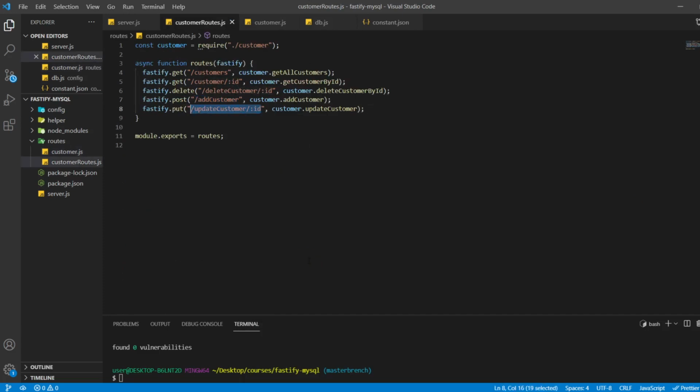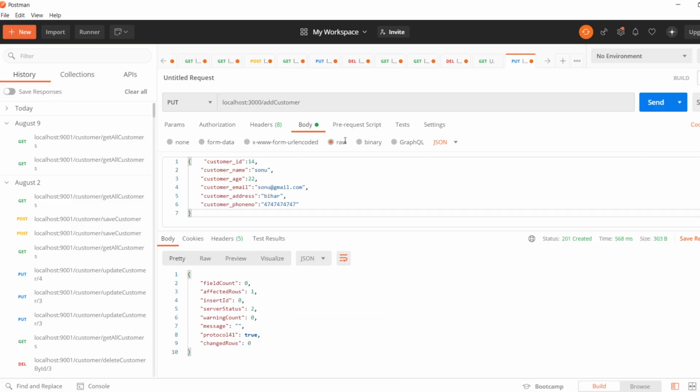Just copy this route, paste here, and for ID, let's update ID 14. Okay. Instead of Sonu, I make this name Sonu Singh, and let's keep other things the same.